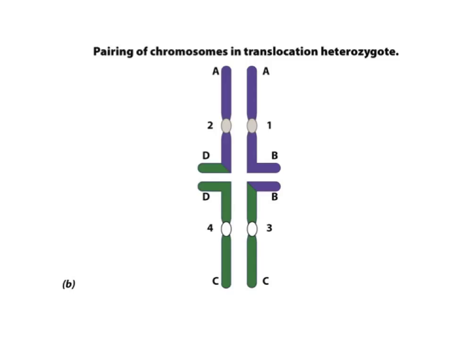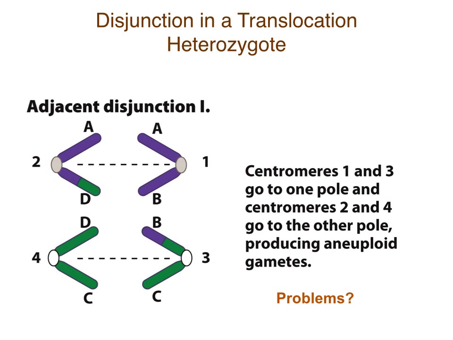And so here in this next slide, they go up, centromere 1 and 3, et cetera, just what we said. You're going to get disjunction, right? Okay, obviously there's problems with that. So let's go back. If that's happening, we know that that happens. How is the cell dealing with it? Can you think of a way in meiosis that this can occur without an imbalance?